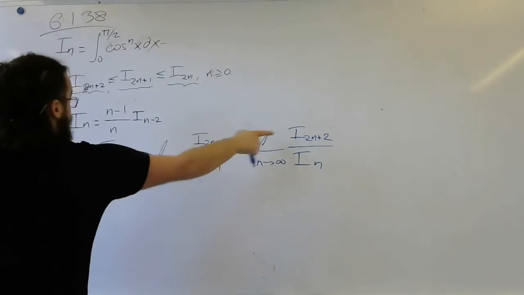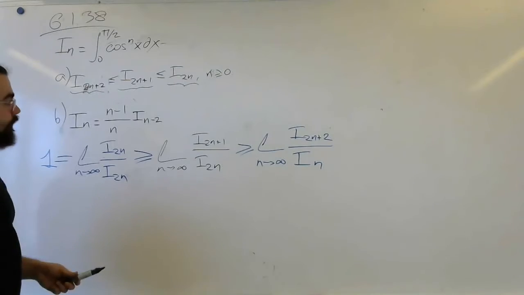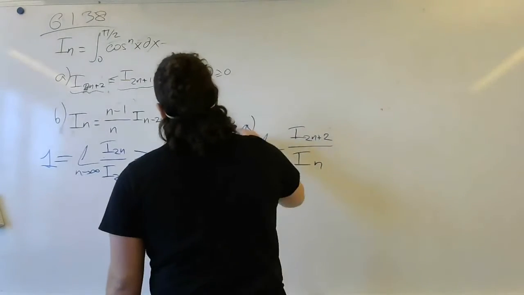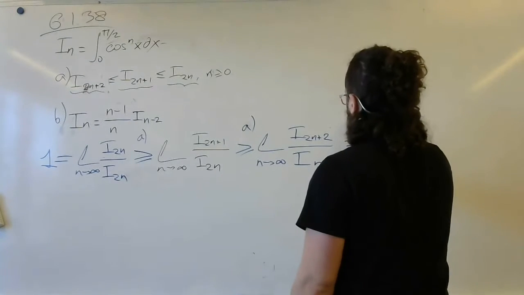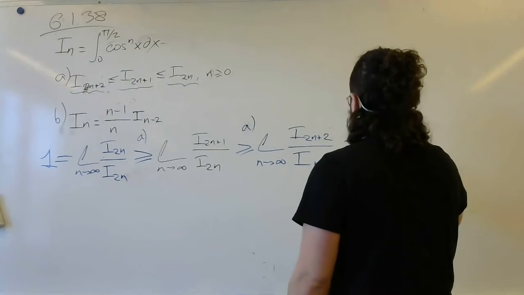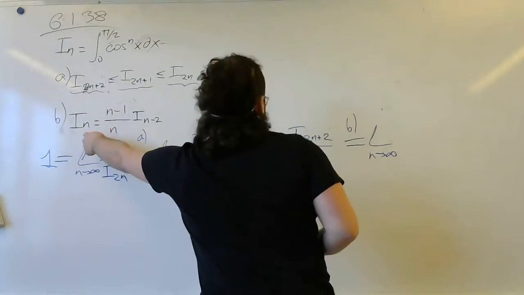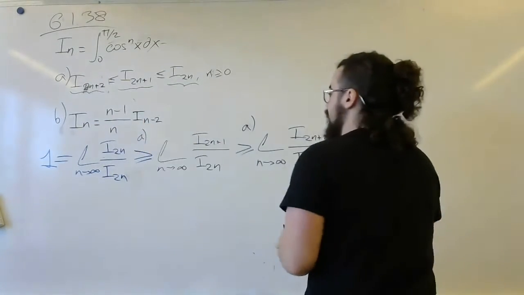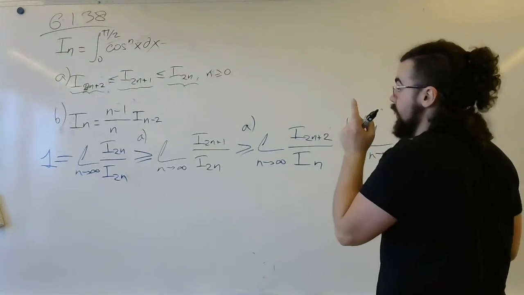Instead of 2n, 2n plus 2, which we know by property A. Now, by using property B, this is the limit when n tends to infinity. We plug in 2n plus 2 here and n plus 2 here and 2n there. And what we have is